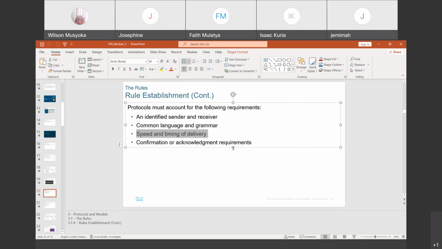And then some protocols, like those in the transport layer, are going to ensure there is confirmation or acknowledgement of the recipient. That is why we say that TCP is connection oriented, meaning that once the message has been sent, it will ensure that it has been received, and then it gives what we call feedback or an acknowledgement that the message has been received and properly interpreted. Compare that to the IP. The IP just ensures that the message has been sent, but it doesn't have the reliability of giving an acknowledgement. So that is the difference between the two.